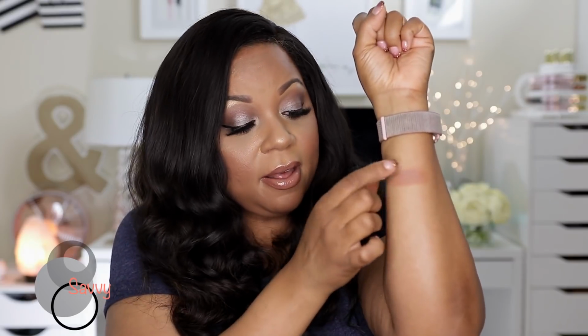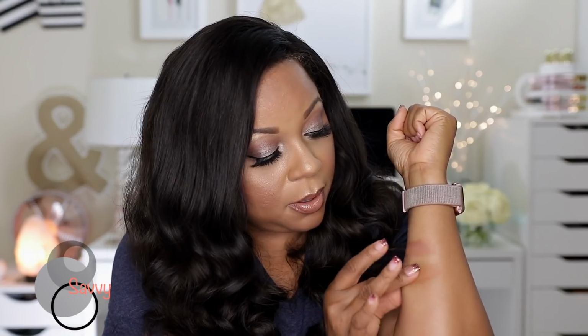The other bronzer that I want to tell you guys about is this BH Cosmetics bronzer. Again, talked about it in my recent haul. This one has more red in it, but it is still like a medium brown, and it is not the deepest shade. That's BH Cosmetics, and let's just go back in really quickly with Morphe. The BH Cosmetics looks a little deeper, and it has more red in it, and this is a little more neutral and just a little bit lighter. But I like them